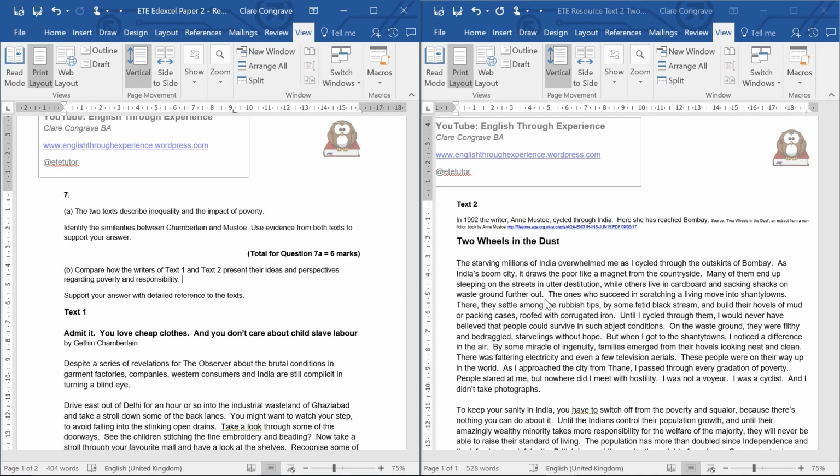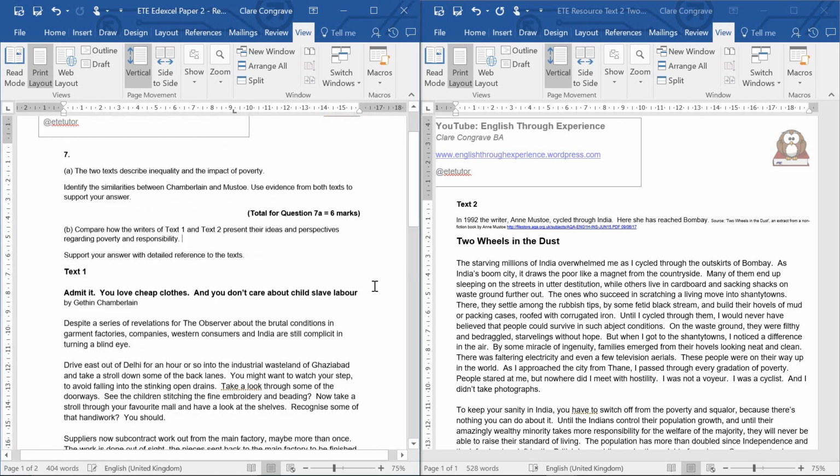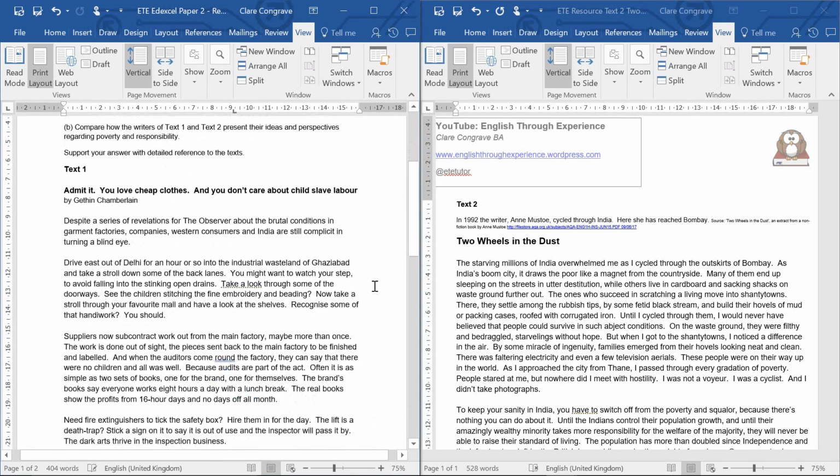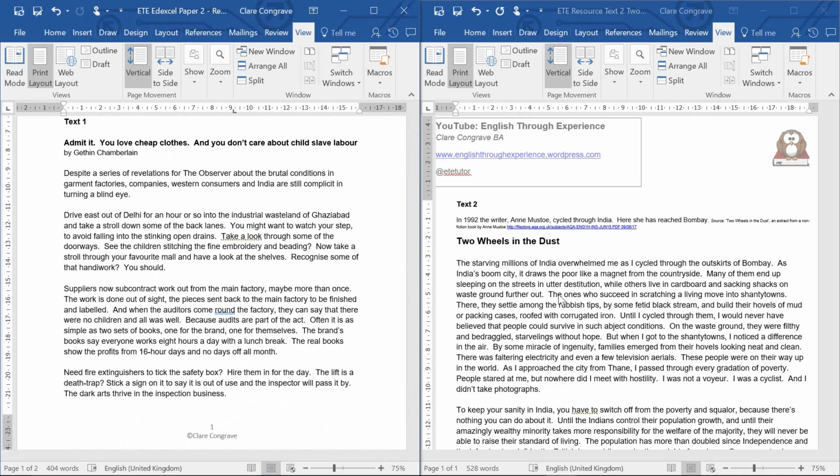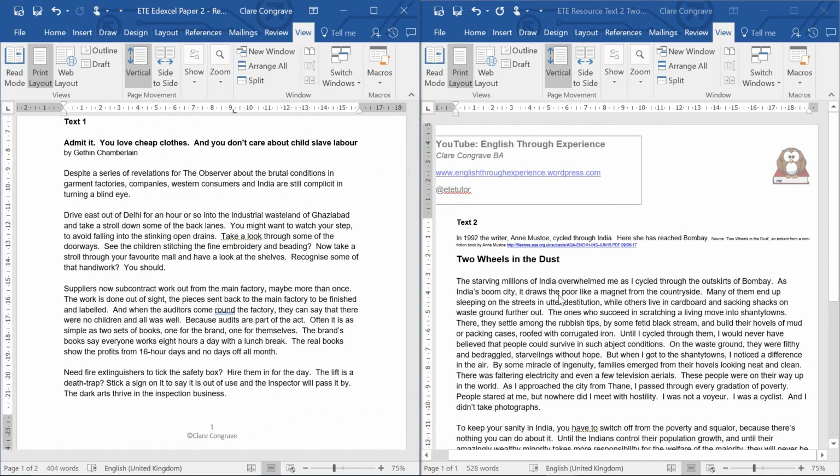Just remember to use that comparative vocabulary, so say things like both texts, this text does that, likewise text 2 does it as well, and so on. You might need to do a quick reread before you get started, but let's have a quick go at it now. If you have a look down at text 1 here, and over at text 2,